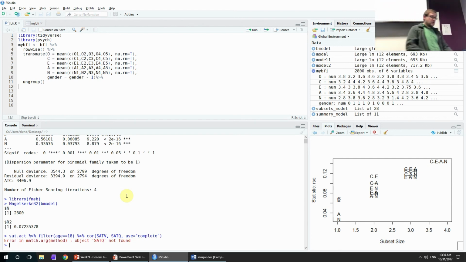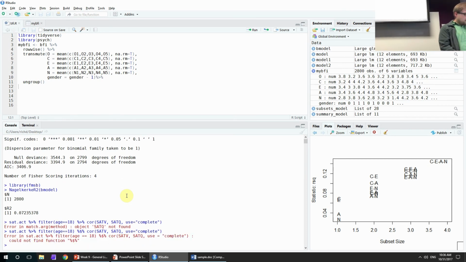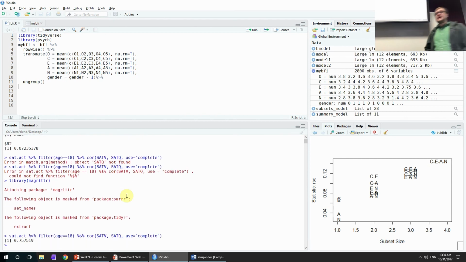So to get around that, you use explode. What explode does is, instead of passing the entire thing back, now every variable inside sat.act is a variable. It becomes the name of a thing. And those get all passed individually to the next command. So in this case, I have sat.act. I run filter sat.act comma age equals 18, and I have a tibble. Then I hit explode, and that means that every variable in that final tibble is now available as a vector